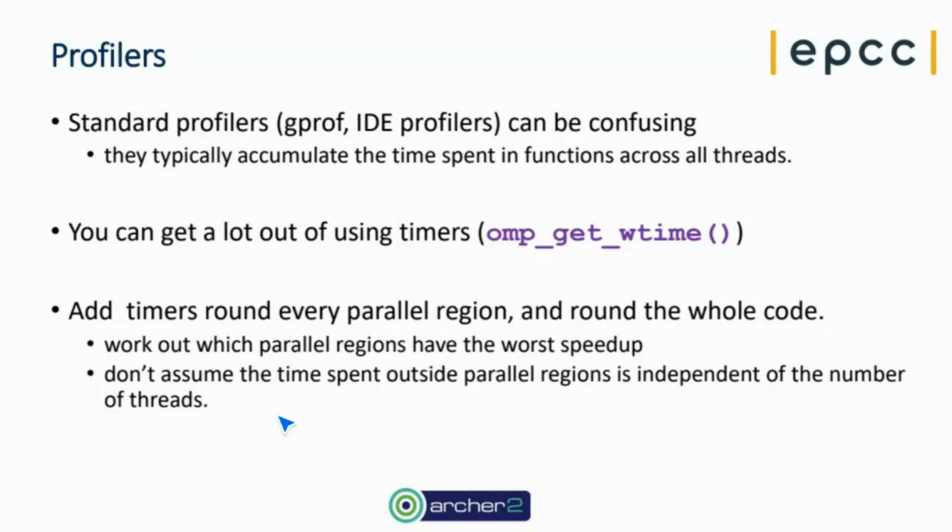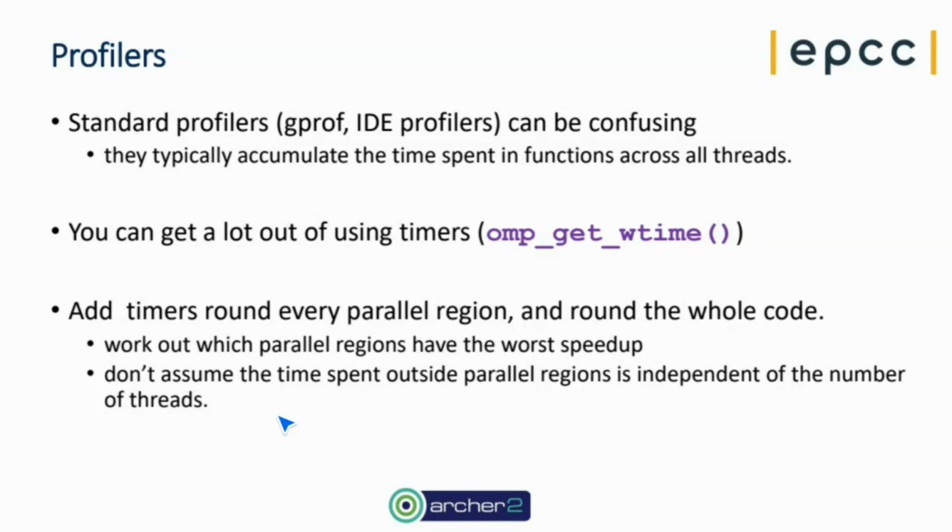It tells you something, so it's not completely useless, but it makes it quite hard to interpret, and it's very difficult to see where you've got load imbalance, where some threads are spending longer in one function than the other, because effectively all you're seeing is a total or an